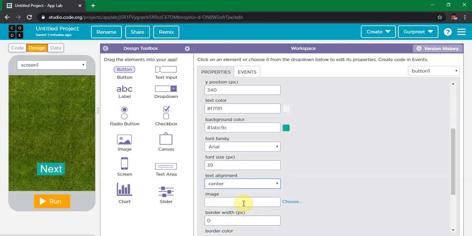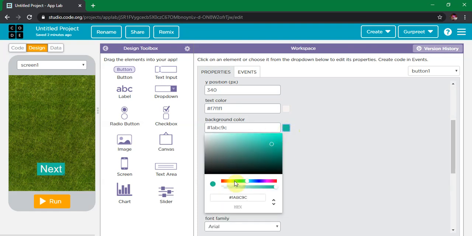Okay, so here again we have the image option. If you want to insert the image for this particular button, then you can again follow the same step. You can choose or you can paste the link of that particular picture. So if we want to change the color of this button, then we can do so. For that, click on this square and select the shade of the color. Okay,